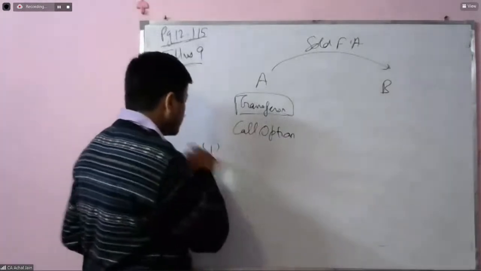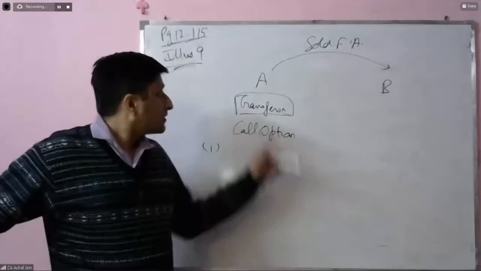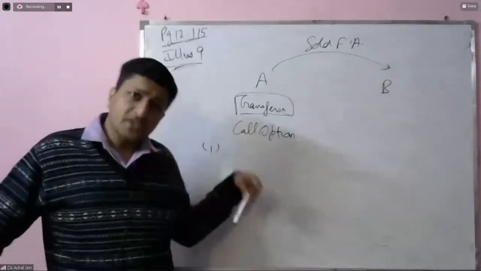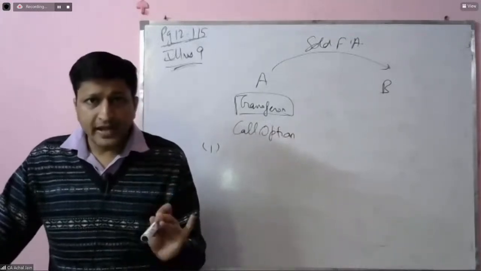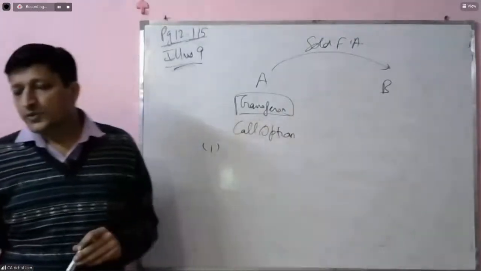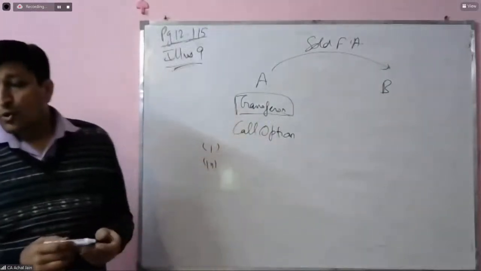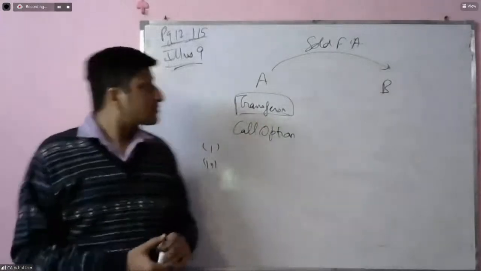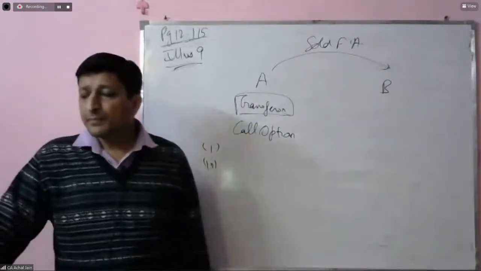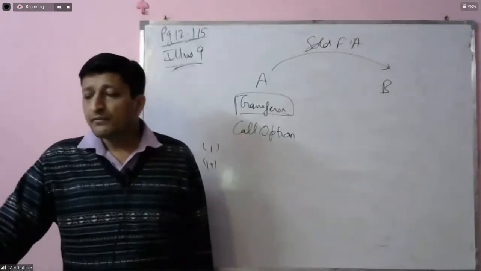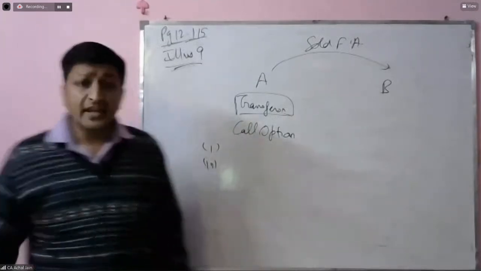First, call option is deeply in the money. So in this case, transferor will definitely purchase it back. So what do we say? Derecognition will be done? No. Second situation. Call option is deeply out of the money. So will A exercise this option? No. So what will happen? Derecognition will be applied. Correct? Yeah. In the third scenario,